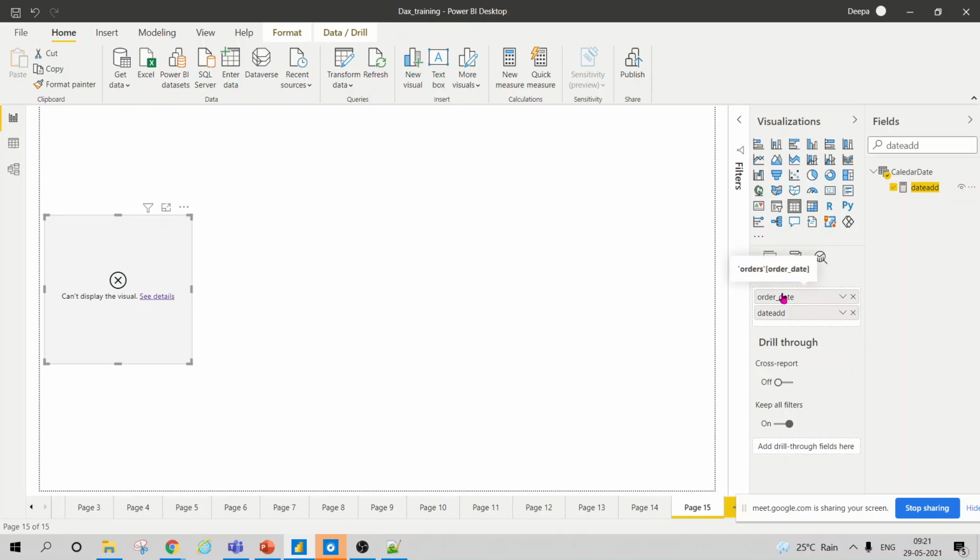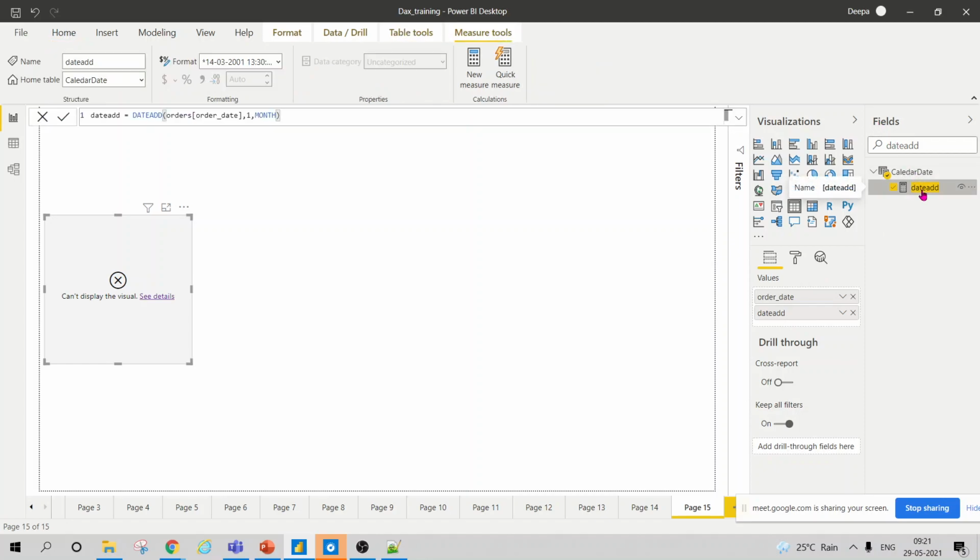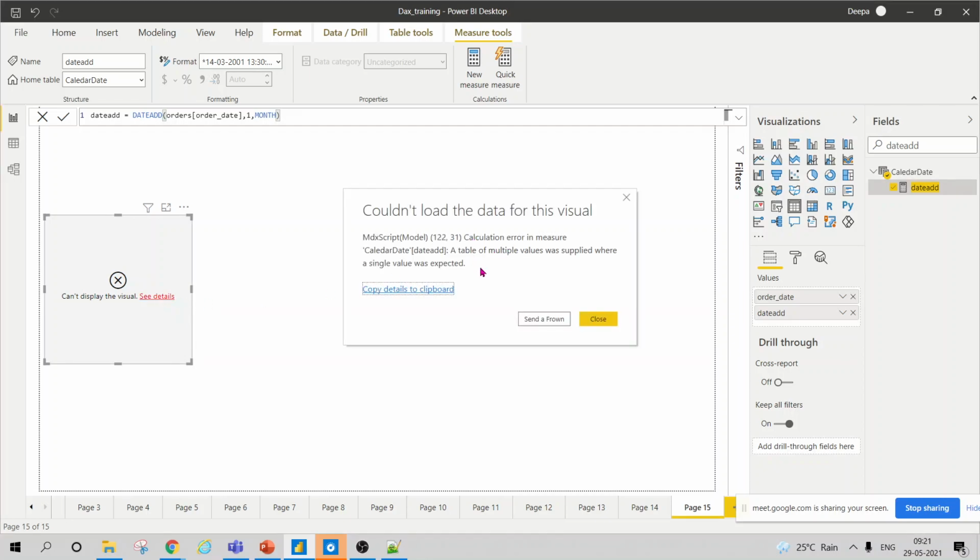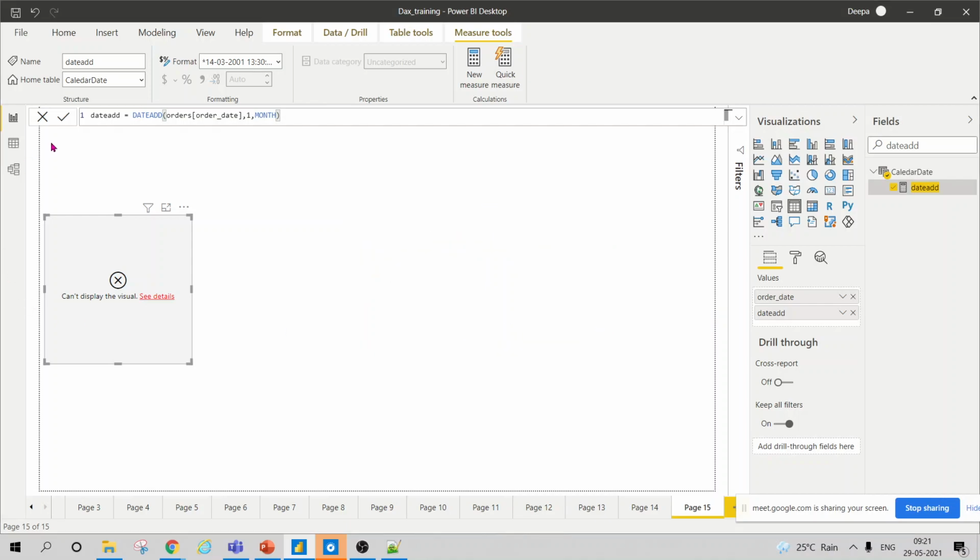So this is my order date. What is the error? Calculation error in measure: a table of multiple values was supplied where a single value was expected. Is it not in date format?